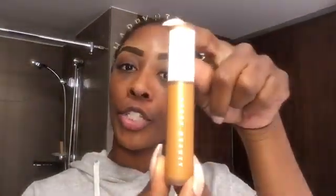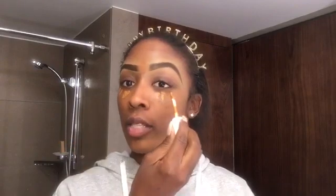Alright, you guys, next we're gonna go in with the Fenty Beauty Pro Filter Concealer, and I'm going to put some of that up underneath my eyes. This one here, if you guys do have this one, which I'm pretty sure everybody in the world has it, is pretty much made to just lightly pat, because it's going to oxidize, almost like the Morphe foundation. It's going to oxidize and set into your skin. So you don't want to do too much of the blending and rubbing on your face. Literally, we're just going to take it and we're just